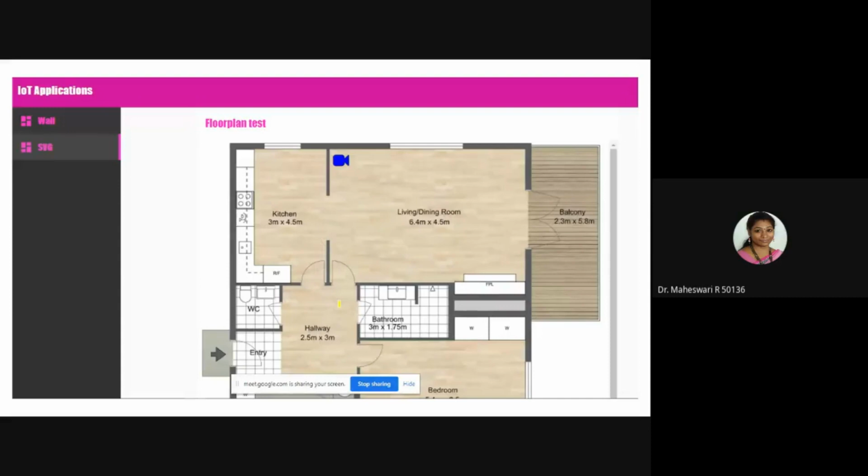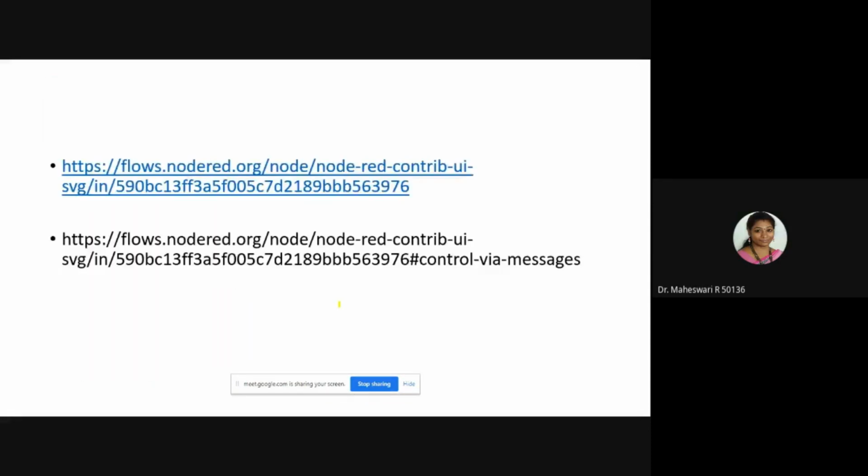Next, I'm going to teach you how to export your design. You can export and import your design through the JSON content. The complete flow can be imported or the complete flow can be exported. To import and export, what you need to do is again